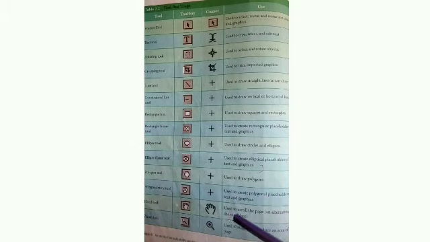Next one is the hand tool, that is used to scroll the page, an alternative to the scroll bar. Scroll bar, already you know that we can move the pages top to bottom or left to right. That way we can move the page. And the last one is the zoom tool, that is used to magnify or reduce the area of the page. We can maximize or minimize the page. That means increase the particular object or decrease the particular object. We can do this using the zoom tool.